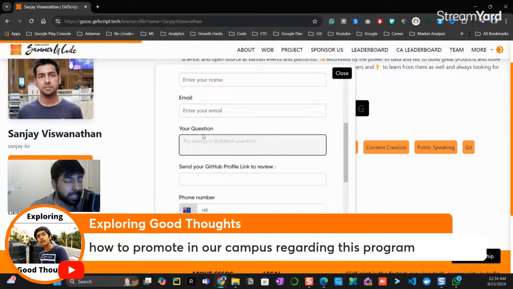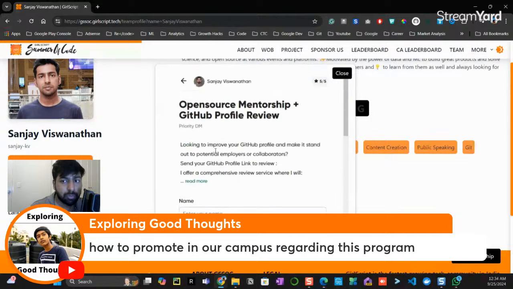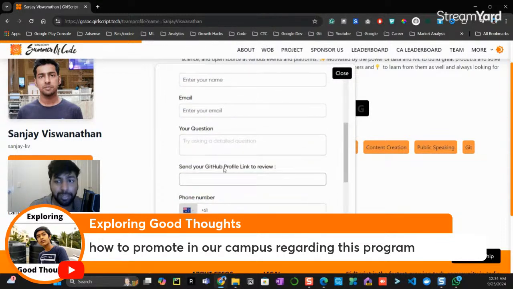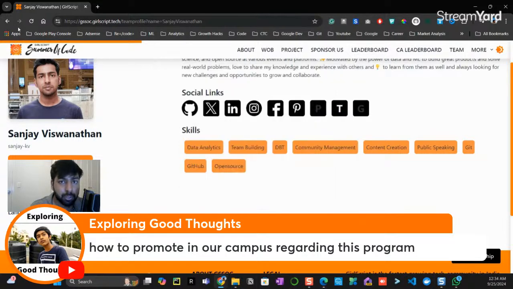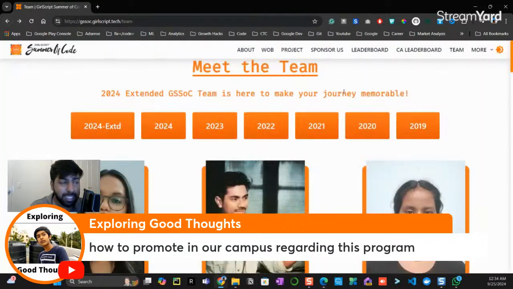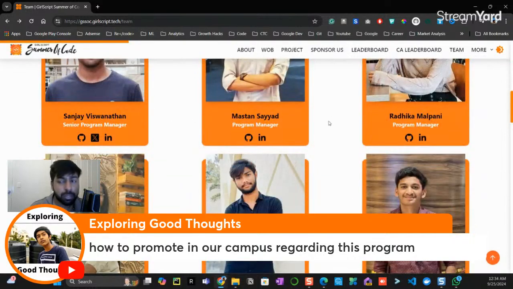If you are looking for a speaker, just click on the speaker button, or if you're looking for a GitHub profile review or have any other questions, just shoot an open source question over here. Like, you need a speaker, you are organizing this event on this date. Can you be my speaker? Then the people will reply to you. This applies to any of the core team members, and all the core team members are really good at open source, and they've been top performers in the last program as well.